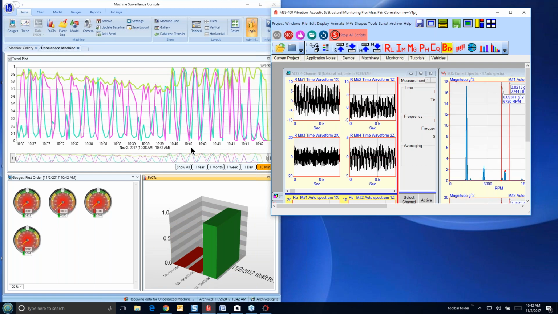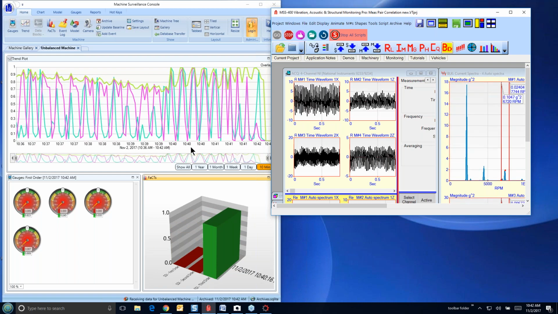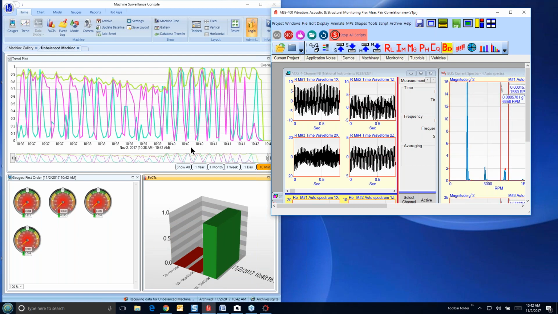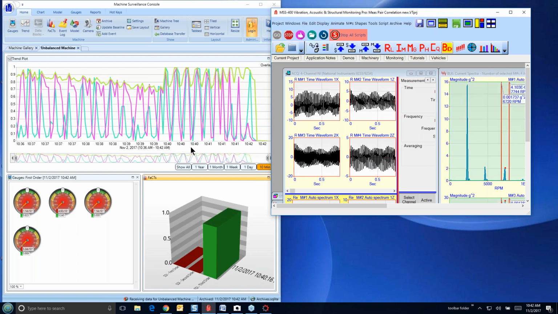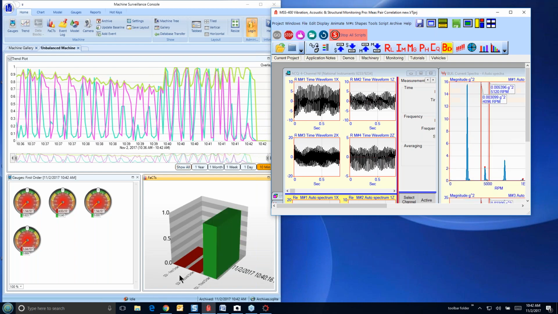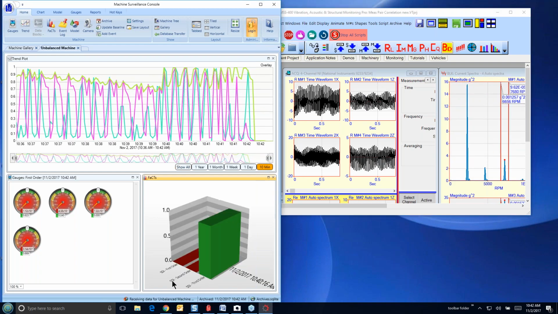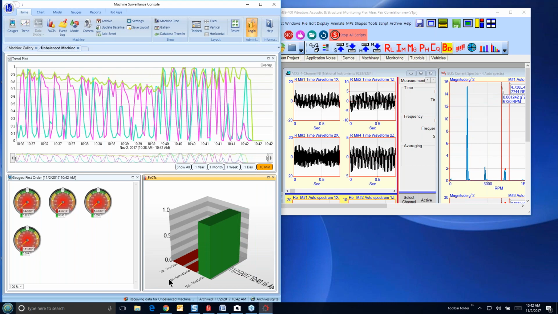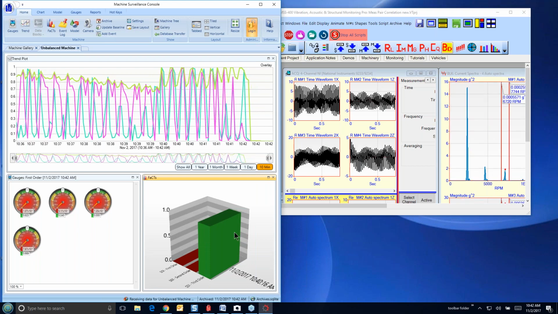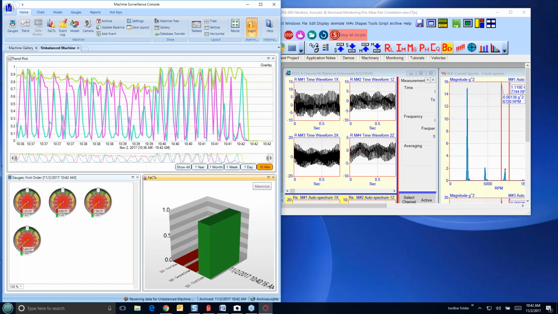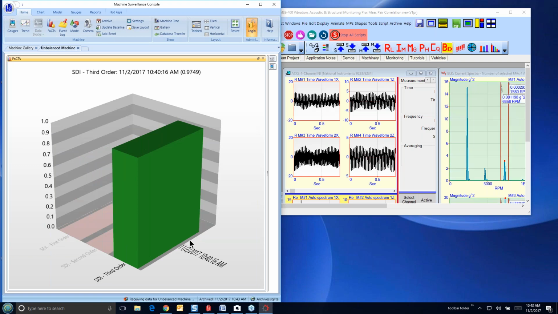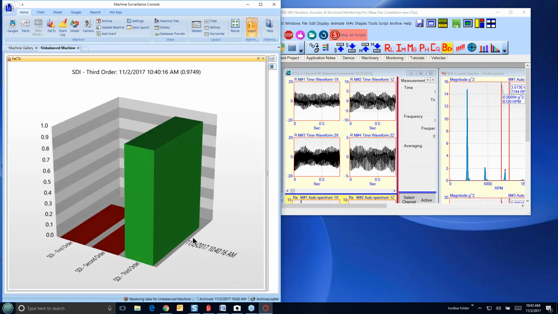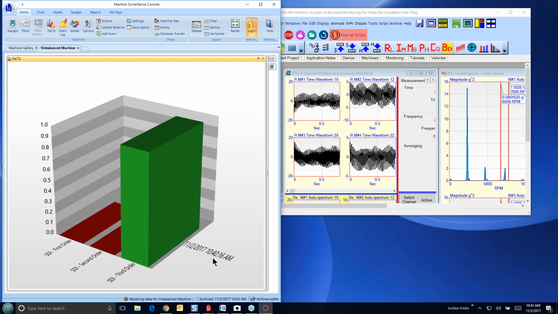Those values should drop significantly compared to the baseline. We'll just let that run for a minute. You can see the fax is saying this is quite a bit different data now that's coming in. Let me make this large so you can see. So the first and second orders are significantly different.